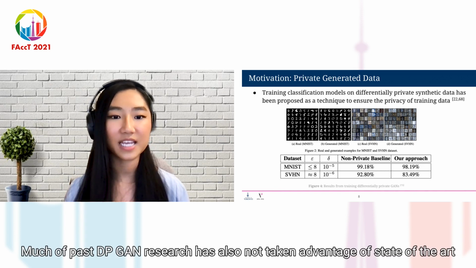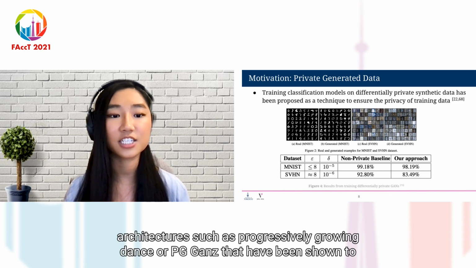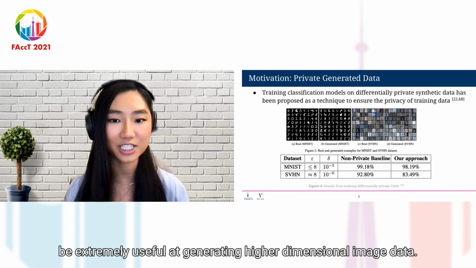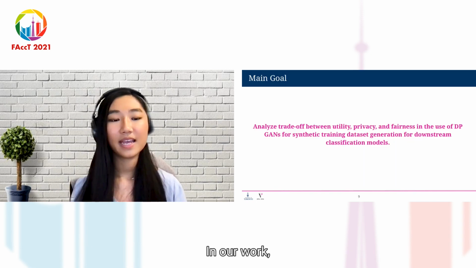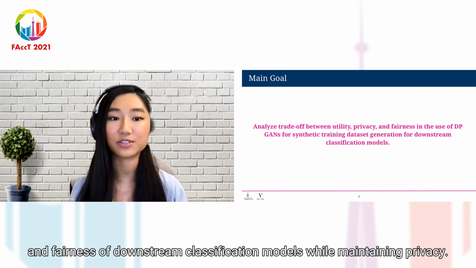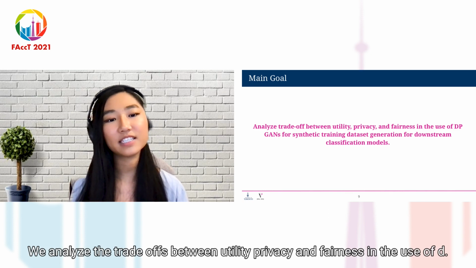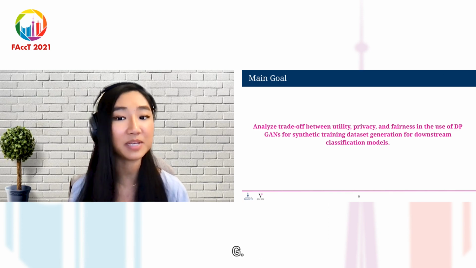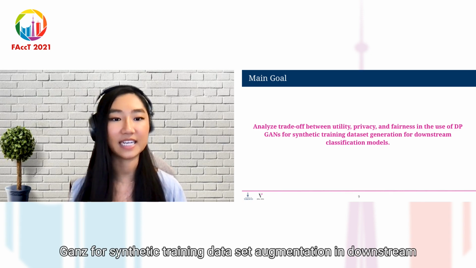Much of past DP GAN research has also not taken advantage of state-of-the-art architectures such as progressively growing GANs, or PG-GANs, that have been shown to be extremely useful at generating higher dimensional image data. In our work, we investigate the viability of using DP synthetic data for improving both utility and fairness of downstream classification models while maintaining privacy. We analyze the trade-offs between utility, privacy, and fairness in the use of DP-PG-GANs for synthetic training dataset augmentation